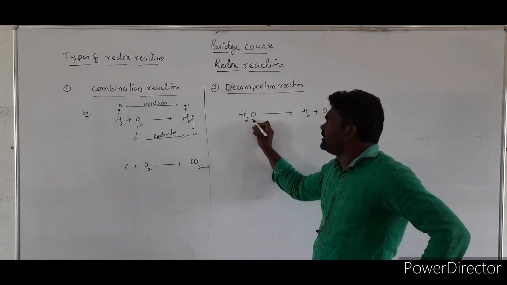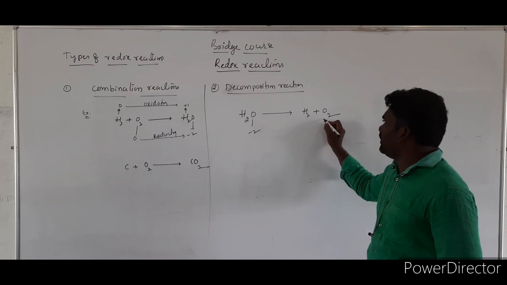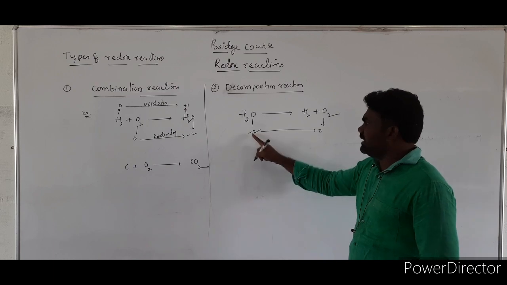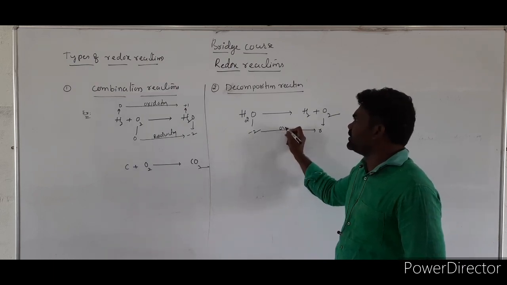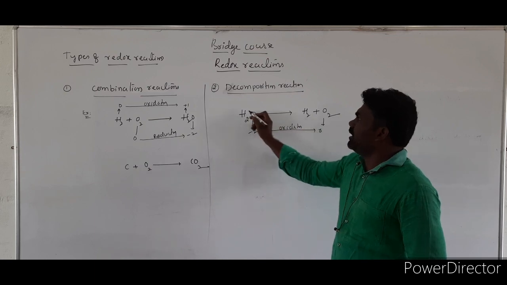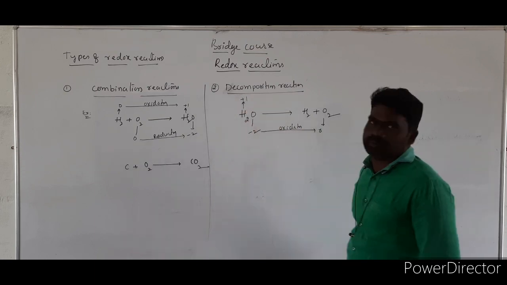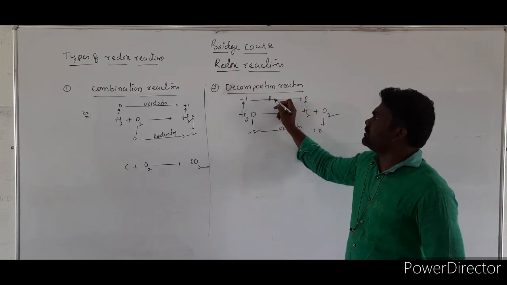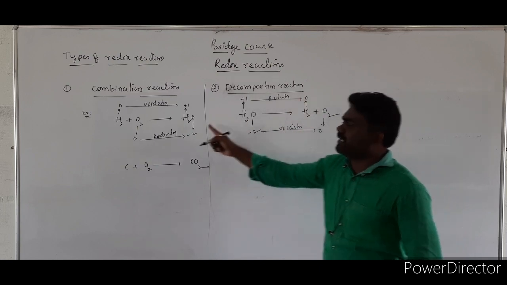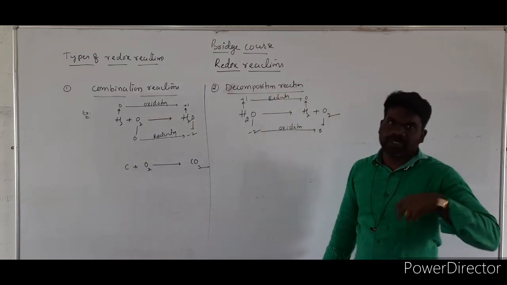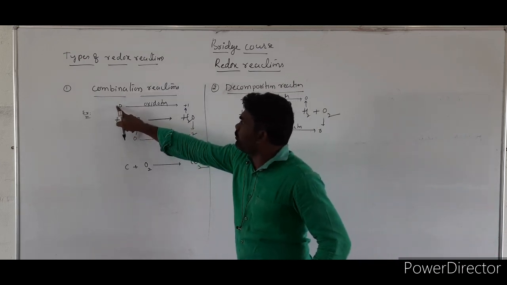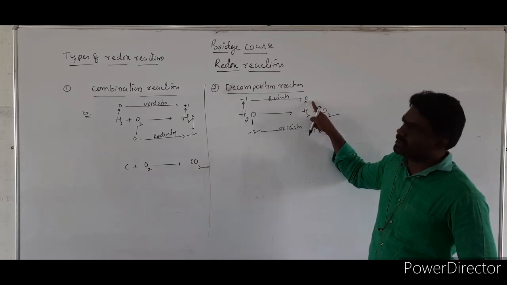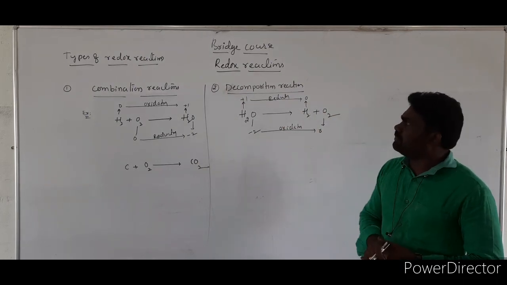Why? Oxygen, I already told you, is minus 2 in the compound and 0 as an element. So minus 2 to 0, the number is increased. Increasing oxidation number is nothing but oxidation. This is oxidation. Hydrogen here is plus 1, and as an element is 0, so here we get reduction. If you reverse the equation, the oxidation and reduction processes become opposite. Here H2O to H2 is reduction, whereas the reverse, H2 to H2O, is oxidation. So this is an example of a decomposition reaction.